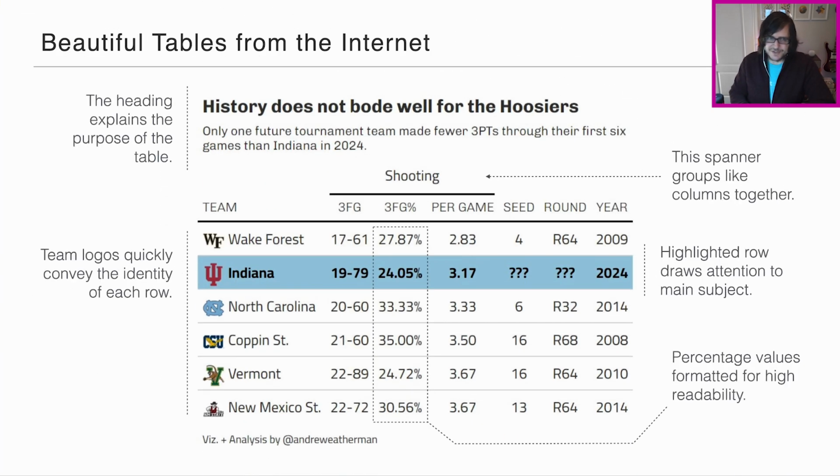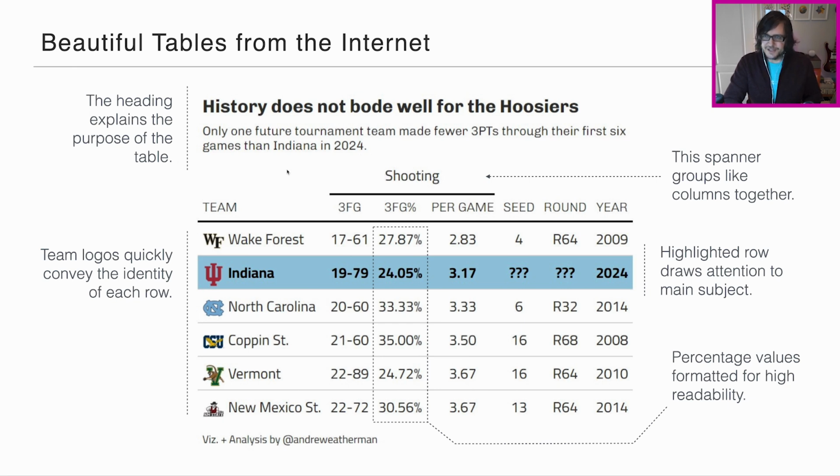And I want to start just by showing you a few beautiful tables I got from the internet. The cool thing about this table here is that it's pretty visually stunning. It has all the parts that I like in a table. Look at this header. It basically just has a title and a subtitle, but what it does is it explains the purpose of the table. Before you see anything else, you see what the table is supposed to drive at.